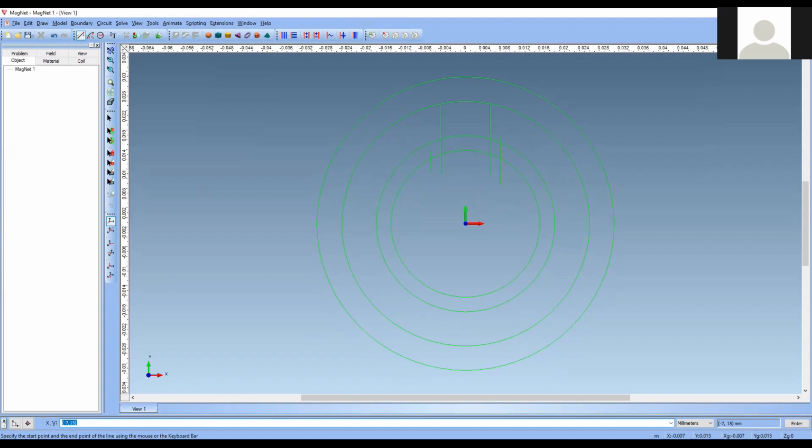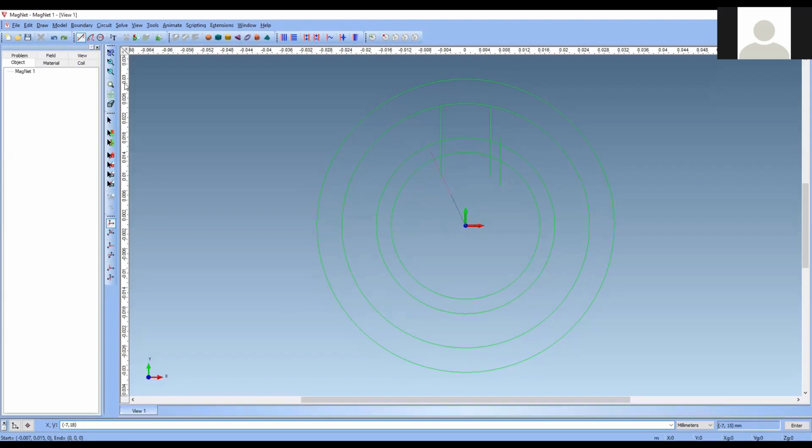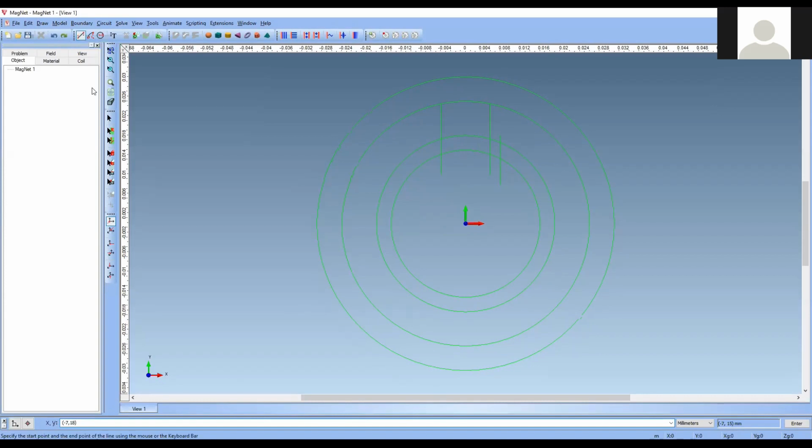So we will go 18. This can be like 18, for example. So let this be the starting point.